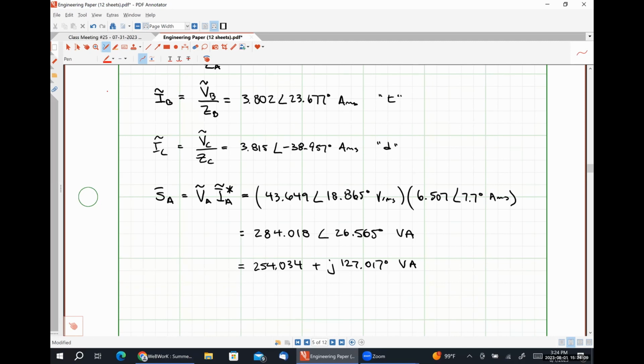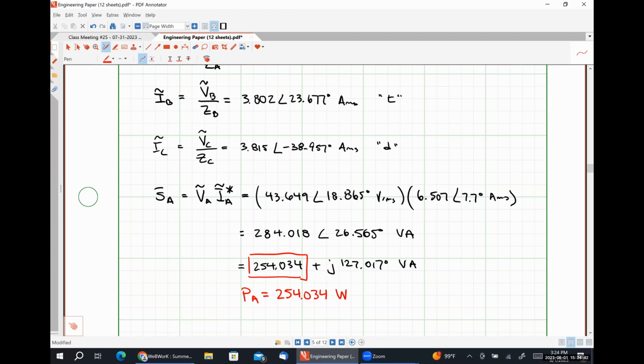The last two right here, yeah. They're just different expressions of the same thing. So both of these are the complex power, but I want the average power. And the average power is the real part of the complex power. So that means I'm going to take the first term in the rectangular form. So PA is going to be